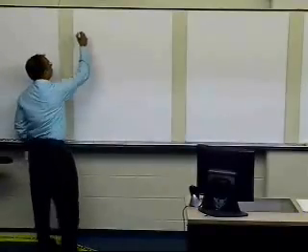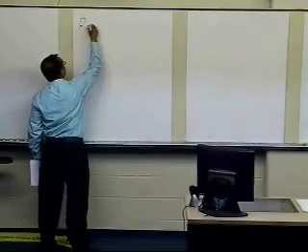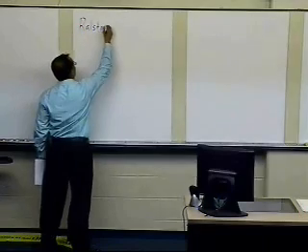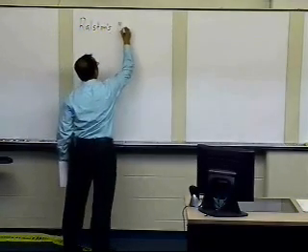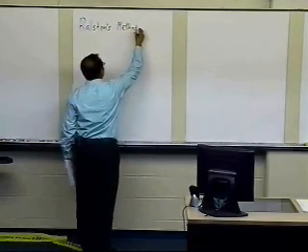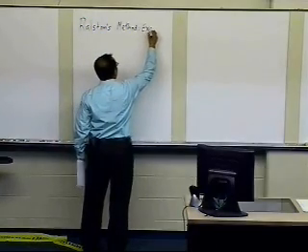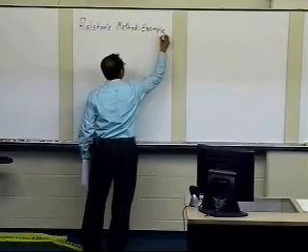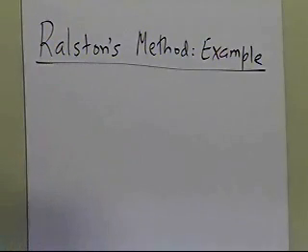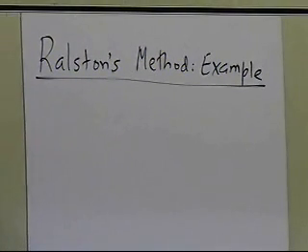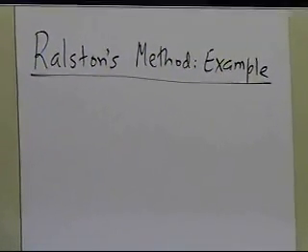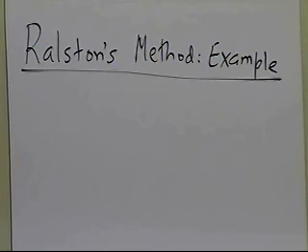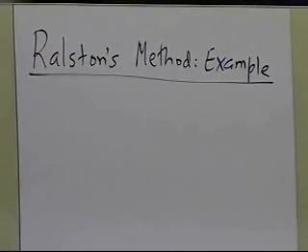In this segment, we'll talk about how to solve a first-order differential equation by using Ralston's method. I'm going to take an example in this particular segment. This is part of the Runge-Kutta second-order method. Ralston's method is one of the forms of the Runge-Kutta second-order method. We're going to solve a first-order ordinary differential equation by doing so.